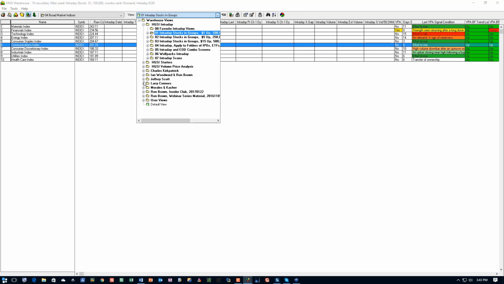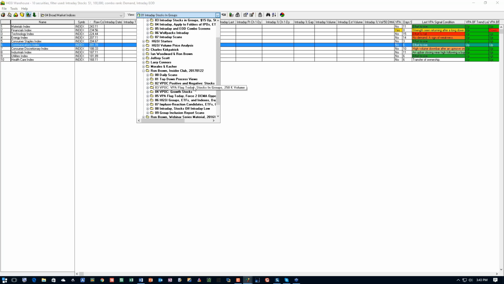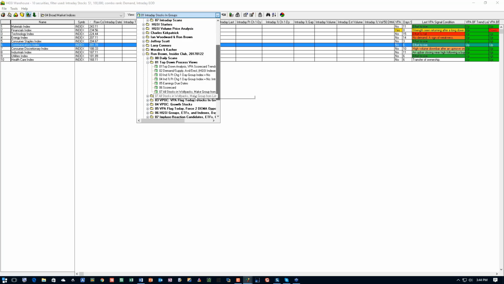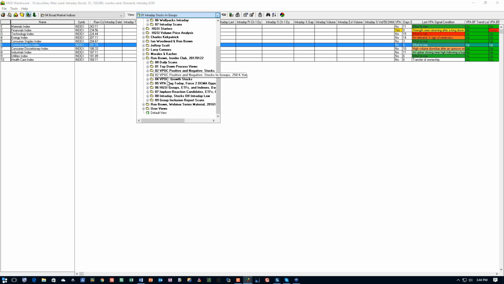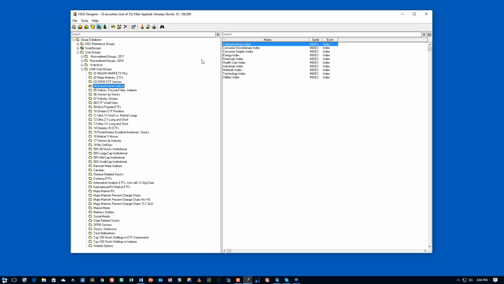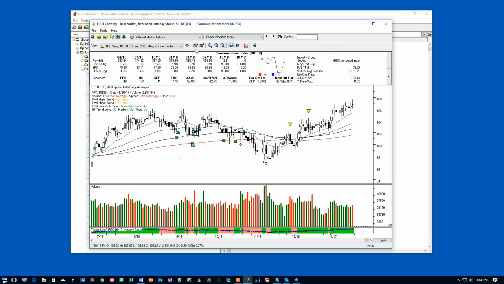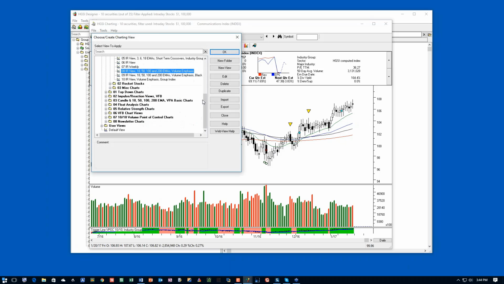go to my latest files, they are right here, and under top-down process views, under the top-down process, oh, what am I doing? I am lost. I need to bring up a chart. Sorry about that. Okay, let's